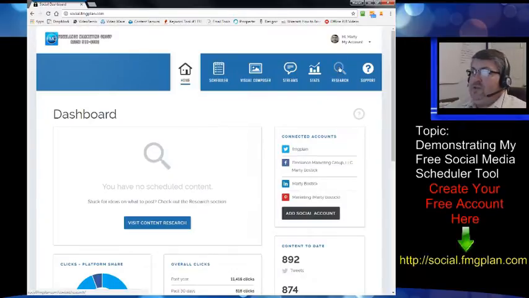Then there's a research tab, which is probably the most powerful feature of the dashboard, because with the research tab you can pull in Google News feeds. You can do searches on YouTube, on Facebook, graph searches, and you can find content and quickly schedule content that's out there without having to copy and paste everything. And then I have a support ticket system where you can click on it and open a support incident to me, and that will come to me immediately, and I get back within 24 to 48 hours with questions.